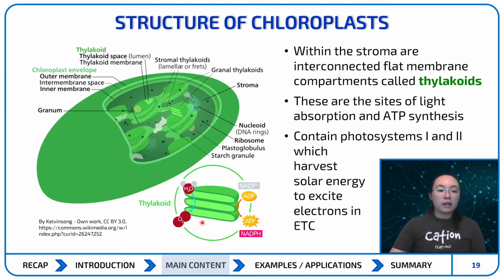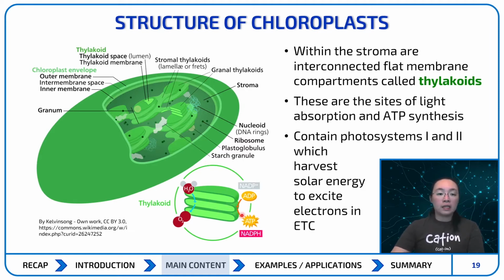A stack of these thin discs is called a granum. So that's all 3 of these together would be called a granum, and then several granums connected together are called grana. So these thylakoids or thin discs are similar to the inner envelope membrane of the chloroplast, but most importantly, it is the site of light absorption and ATP synthesis. That's the most crucial component of